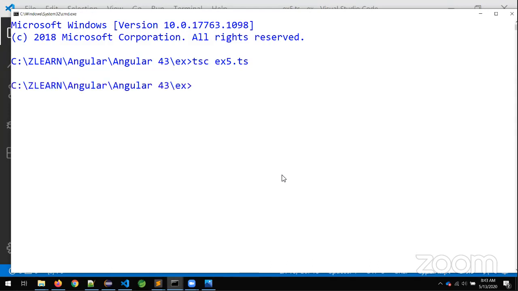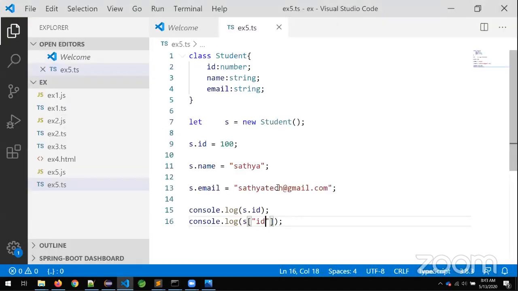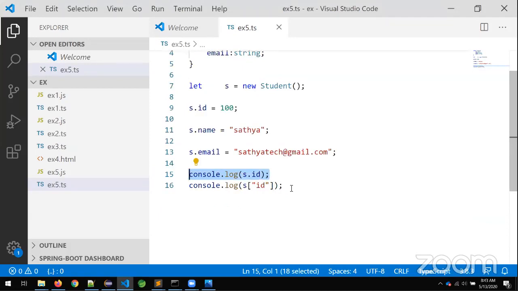Now it is executed. What is the next step, sir? node example5.js. Now tell me, are you able to access the value by using both of the things or not? S.id, S of id.